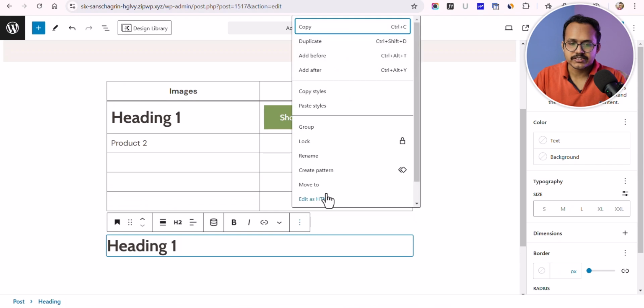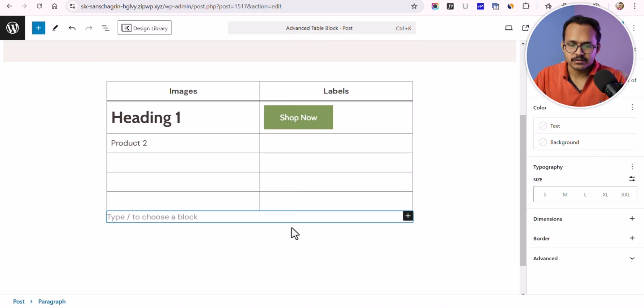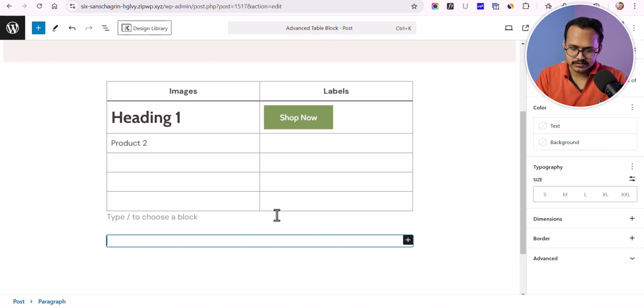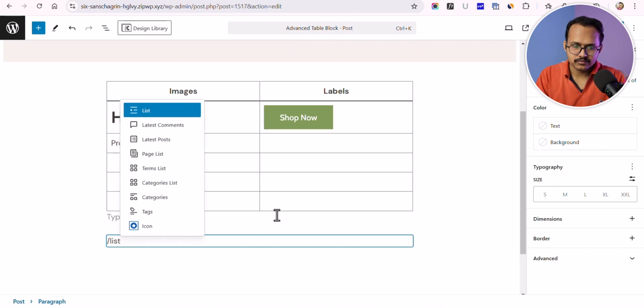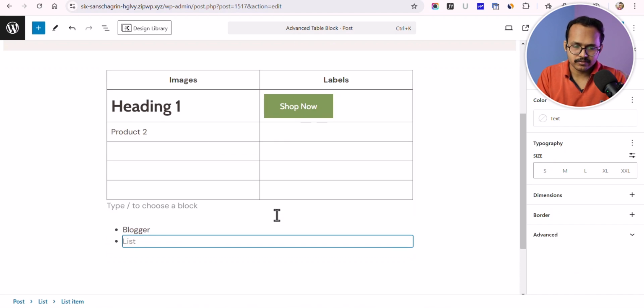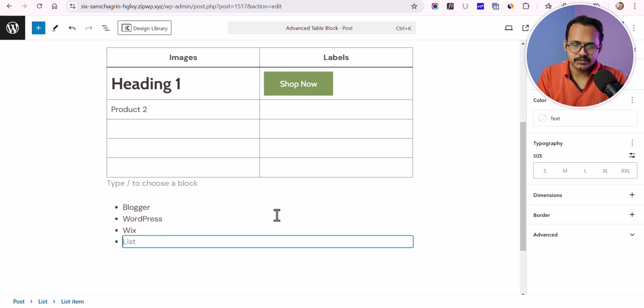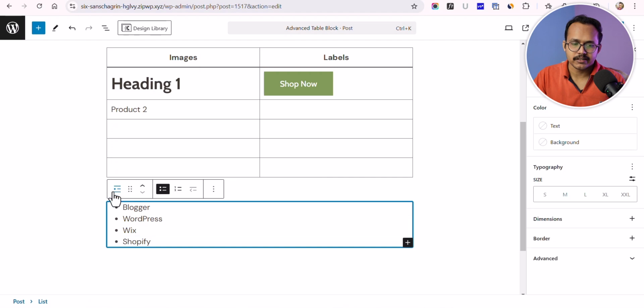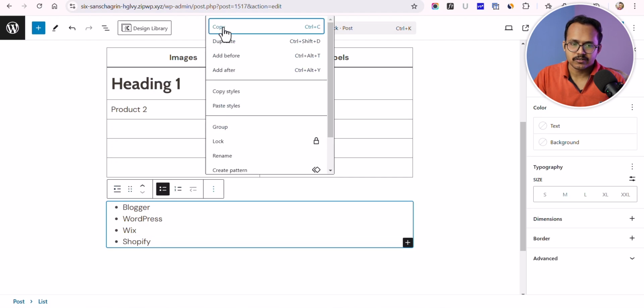You can also do the same with list element. So let me click on list and let me add a list of CMS platform. So let me add WordPress, Wix, Shopify, and let me click on here and let me click on copy,